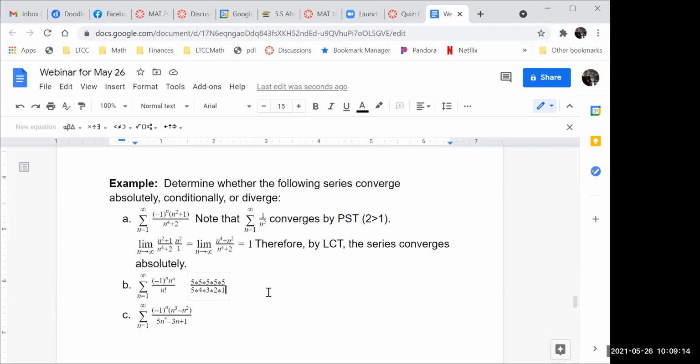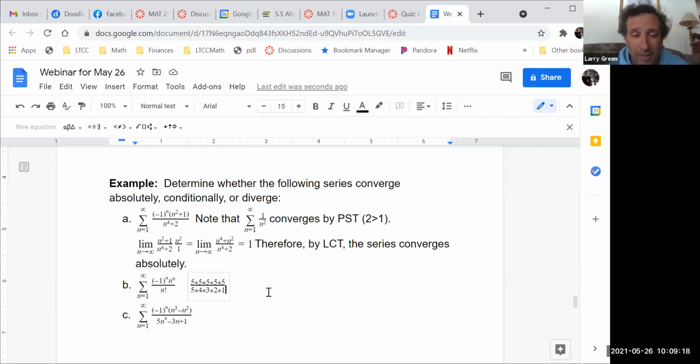Wouldn't the numerator be larger than the denominator? Yeah, the numerator is larger than the denominator, right? 5 times 5 times 5 times 5 times 5 is much bigger than 5 times 4 times 3 times 2 times 1. Okay, hopefully you all can see that. That doesn't change. If you have a big N, that much is going to be much, much, much bigger. So in particular, we know that n to the n, let's write this down, the limit